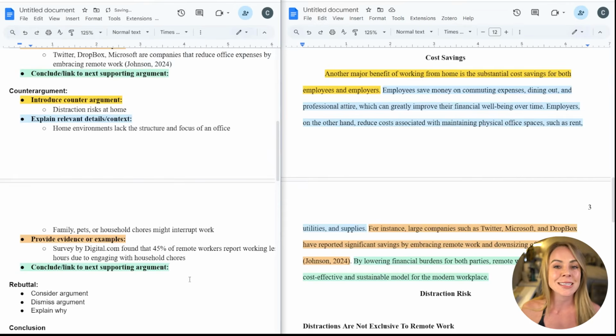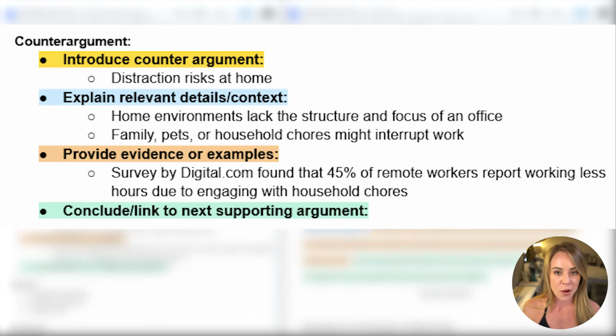I'm going to paste in the details we're going to use to craft this counter argument. As you can see here, what we're going to be introducing is that there are distraction risks at home. Then the relevant details we're going to include are going to be that home environments lack the structure and focus of an office, as well as interruptions at work that could come from family, pets, or household chores.